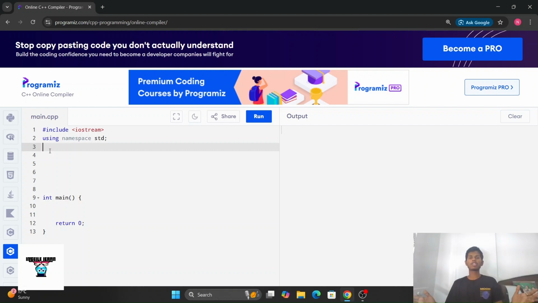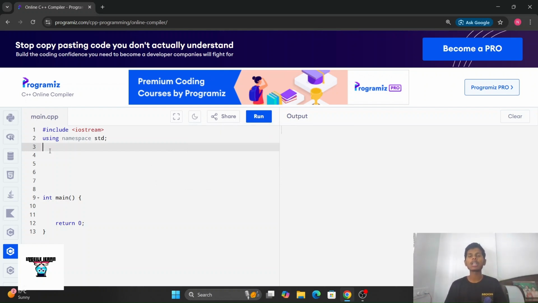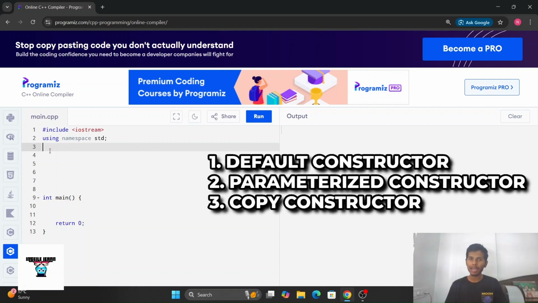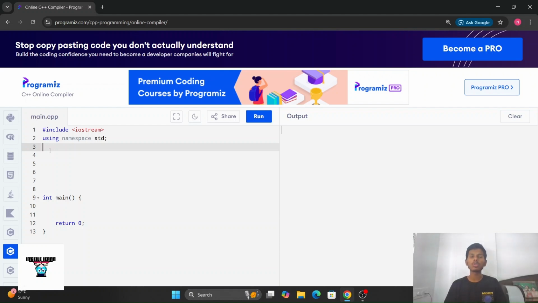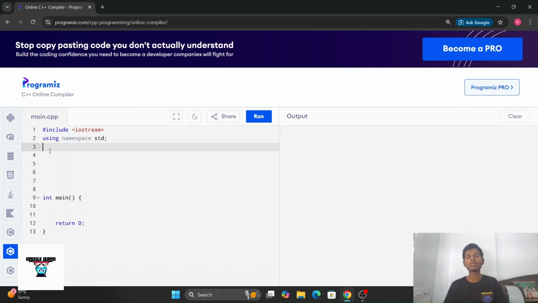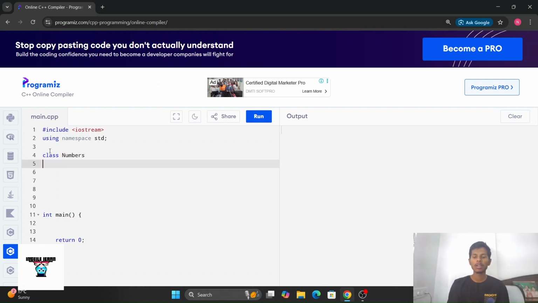Types of constructors. There are three types of constructors which we are going to learn in C++ programming. First one is default constructor, second one is parameterized constructor, and third one is copy constructor. These are the three types which we are going to use in today's video. So let's begin. Right now we will create a class named, let's say, numbers,